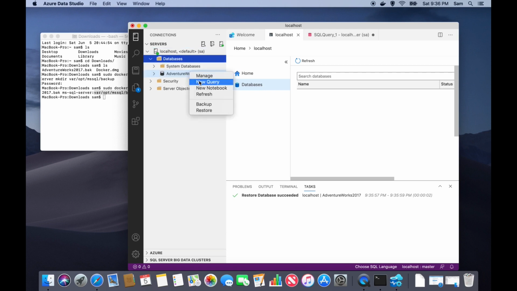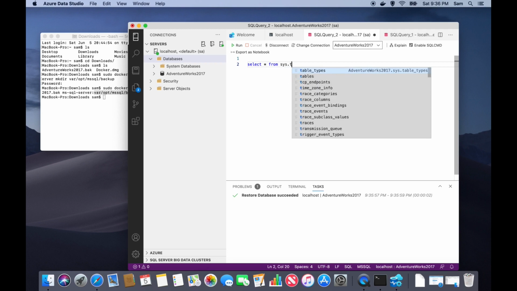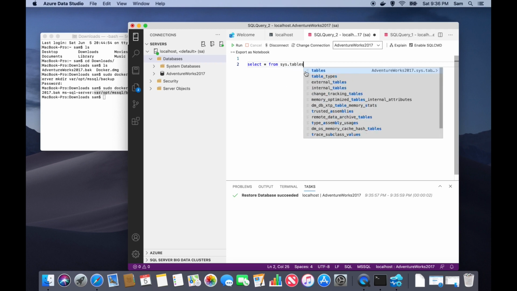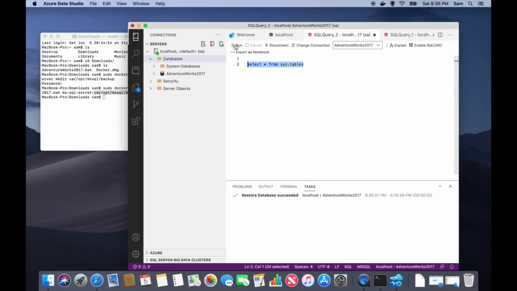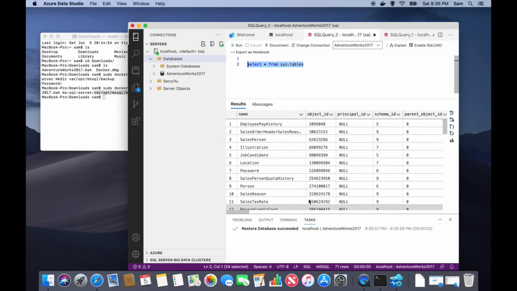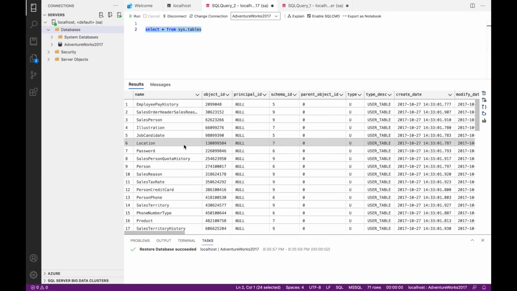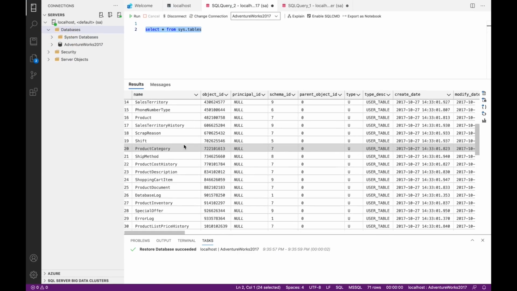Click new query and you can see the tables within this sample database. Just try this query to check the number of tables within this sample database. Using this query, if you run, you can see that a total of 71 tables are there. Using these tables, I will show you how to learn SQL Server programming in Mac.